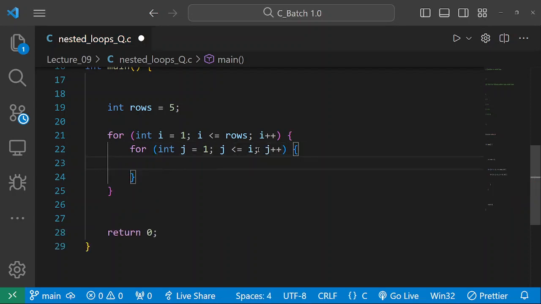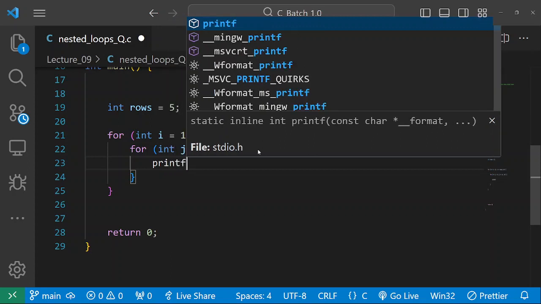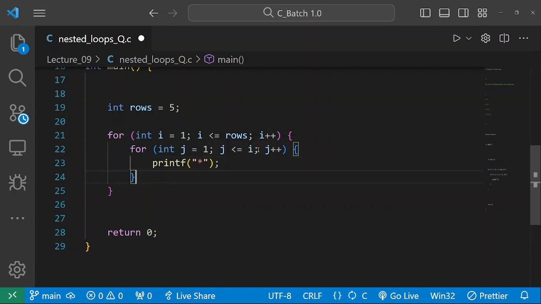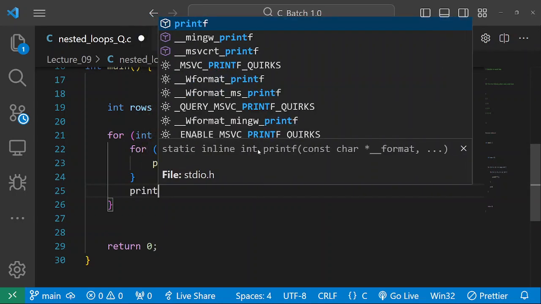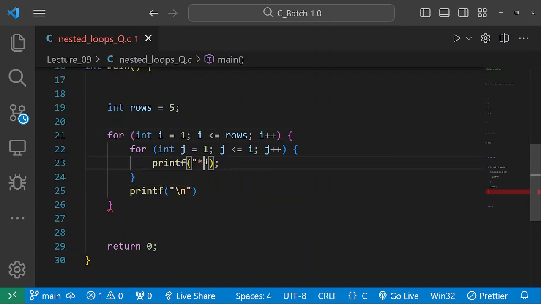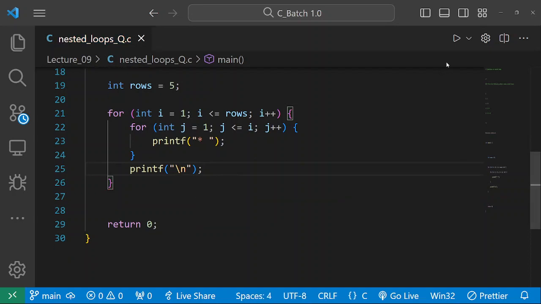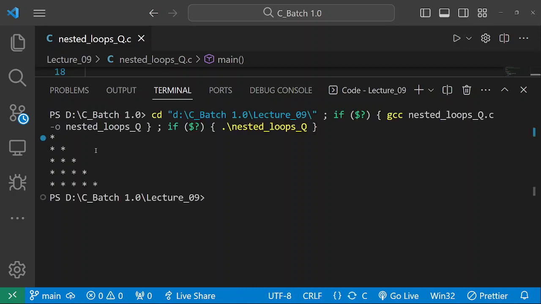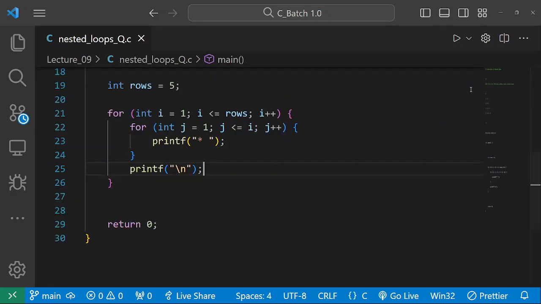After writing this, now let me print here. Yesterday we were printing a star. Let me print a star again for you so the idea will be clearer. And here I will write printf backslash n. Let me give some space. You can see yesterday we printed this type of pattern where we got stars. But today we don't want this type of pattern. Everything will remain the same. We just need to print here